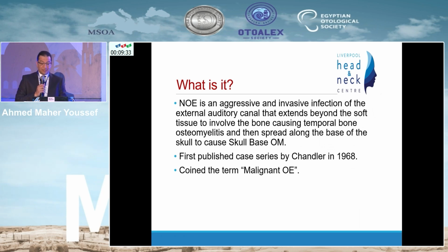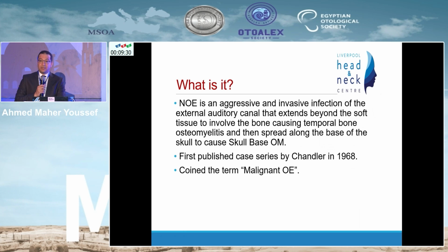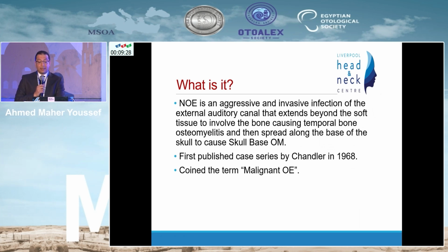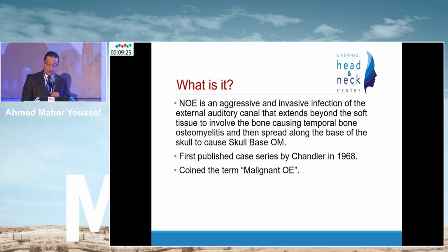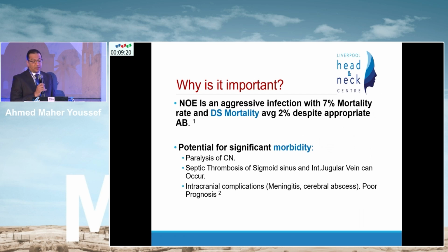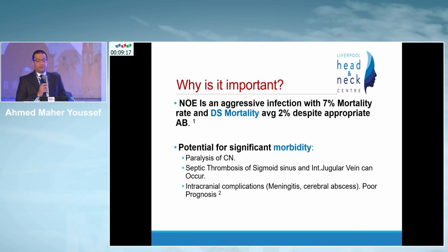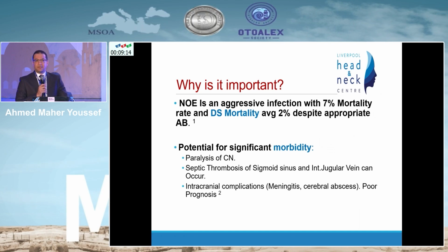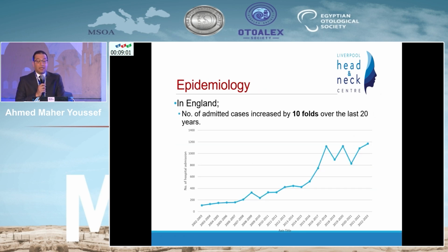As we all know, it's an aggressive type of infection that can be quite lethal and can have some mortality if left untreated. The reason for its importance is the potential for significant morbidities, especially as it happens in older age populations. The morbidities can be paralysis of the cranial nerves and intracranial complications such as meningitis or abscess. In England, we found a significant increase in admitted cases, up to 10-fold,